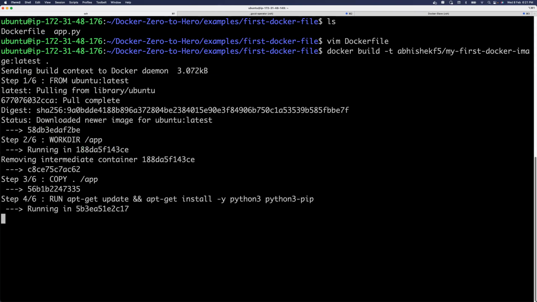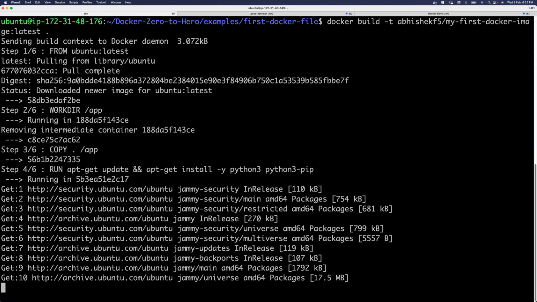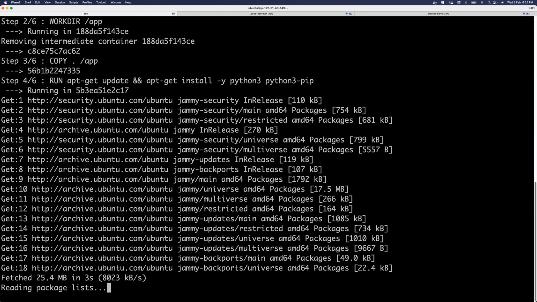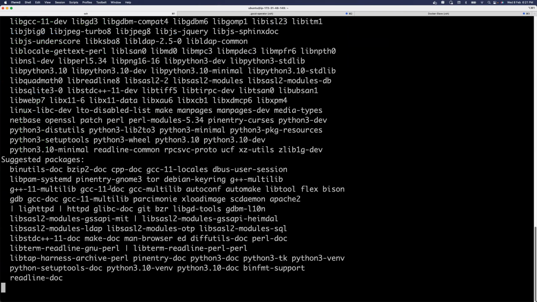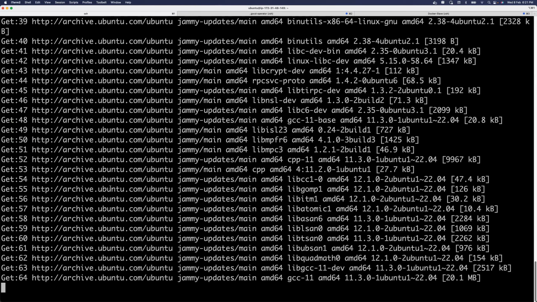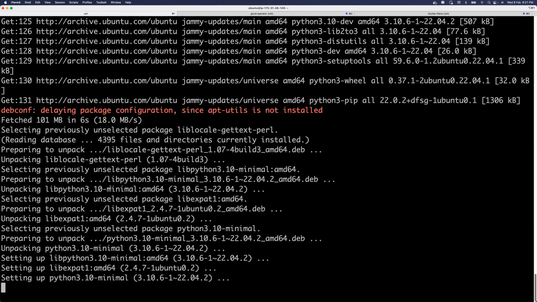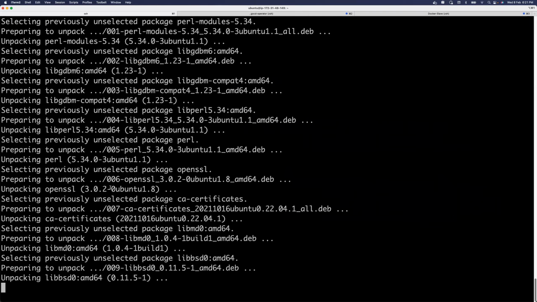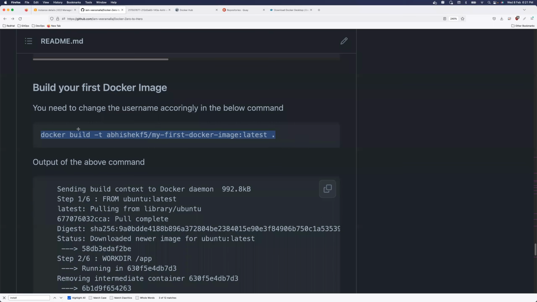So once you run this command, all of the actions that you have provided in the Dockerfile are executed in a sequential way. So the Docker daemon is receiving the instructions in the Dockerfile using the docker build command, and it is executing. What was the command that I used? Let us go back and see. So it says docker build. Okay, so it is asking to build the Dockerfile. Dot represents the Dockerfile in the same directory. You don't have to provide -f Dockerfile all the time. You can simply say dot.